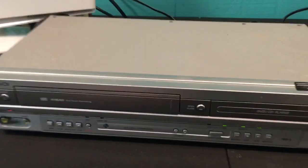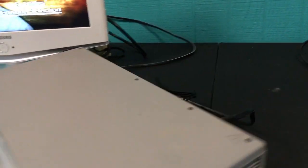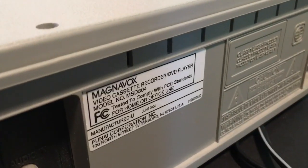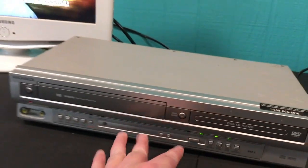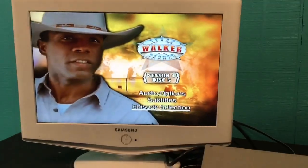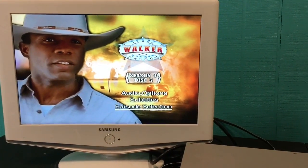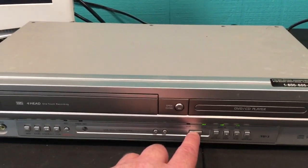Okay, so this is a Magnavox, I think MSD. Here's the model. Not that it really matters, I guess. Let's see, Magnavox MSD 804, and this is the first one I've run into any kind of trouble with. As you can see, it actually had a Walker Texas Ranger DVD in it. That side plays fine, no issues there. But when I go to the DVD side